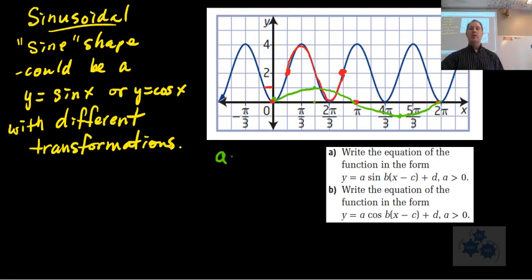So A, for the red graph, maybe I'll do that in red. A for this one is going to be 2. It's just the amplitude, and we can keep it positive because we're starting here, ending here, and it goes up first. If we started at, let's say, this point right here, and we went down first,